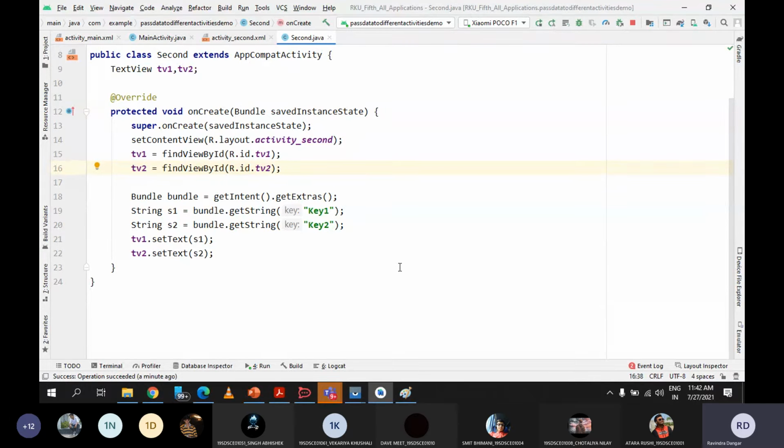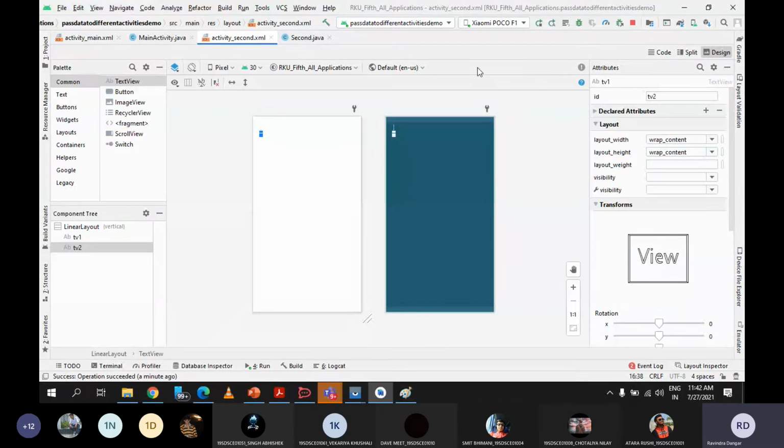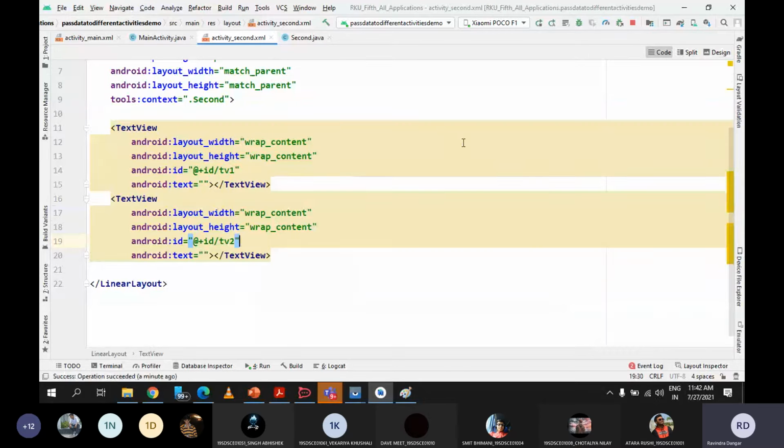We are setting the text. Let me write a default message so that we can come to know that, no, actually it is not needed. Let's say text 1, text 2.